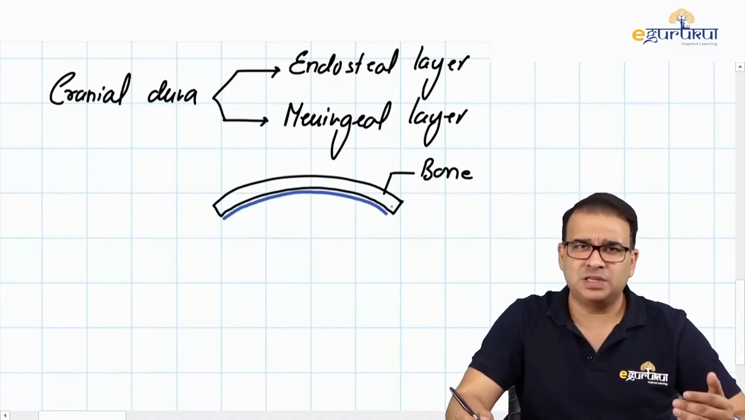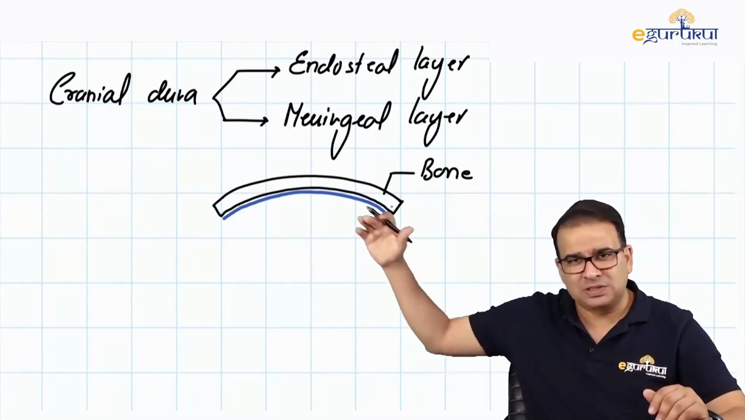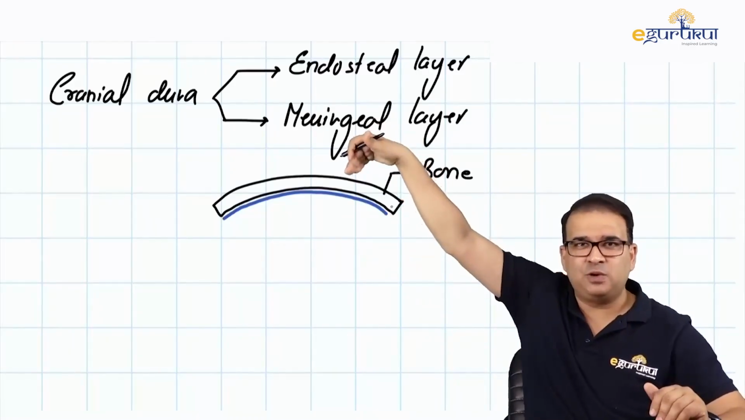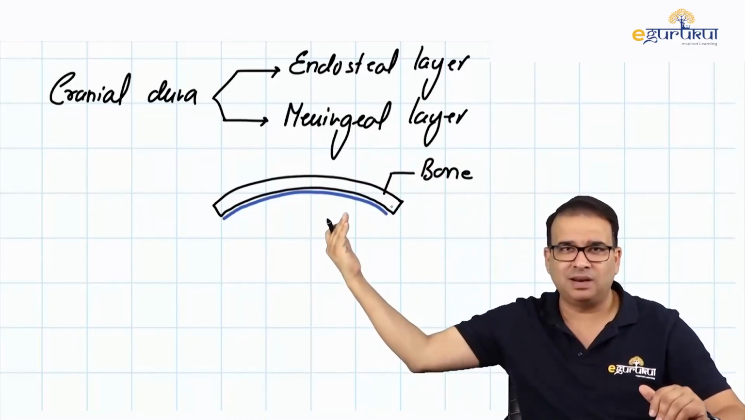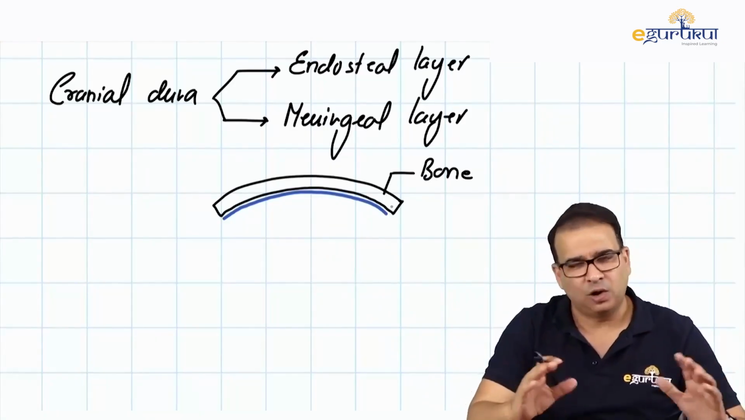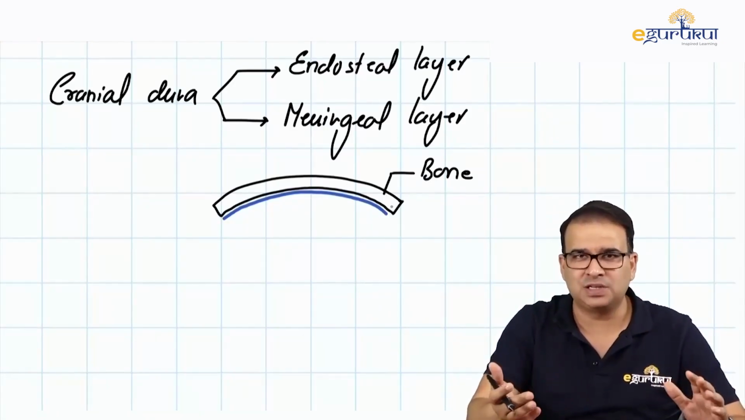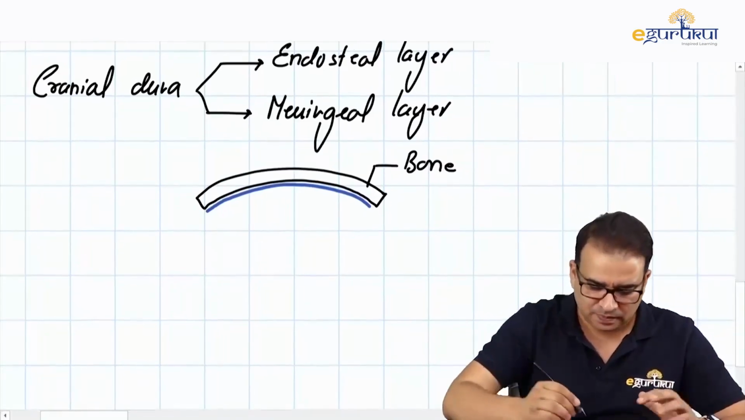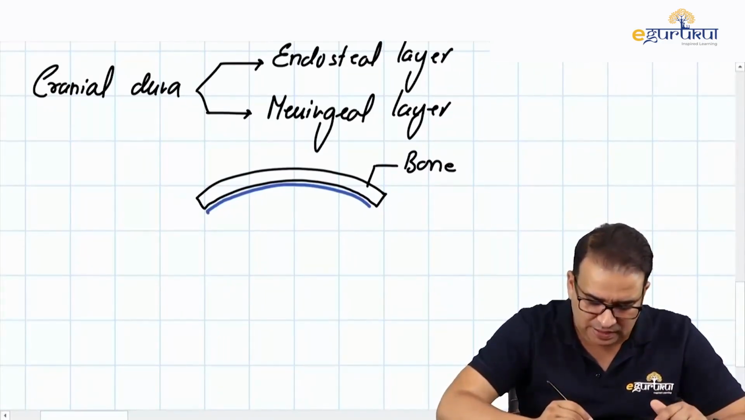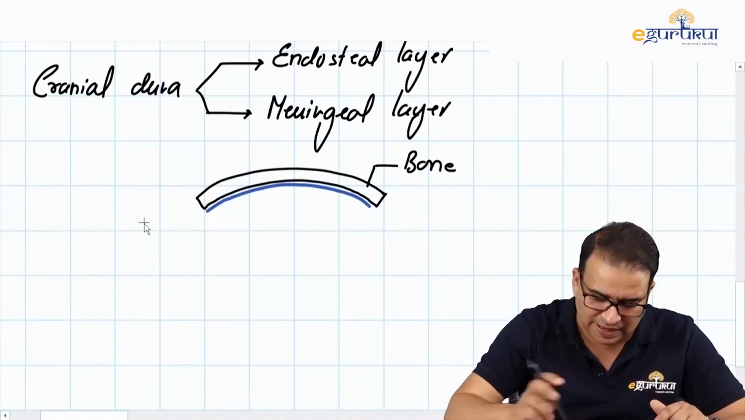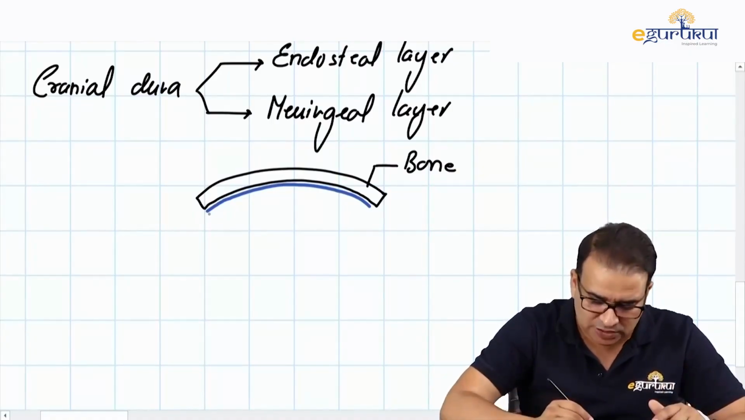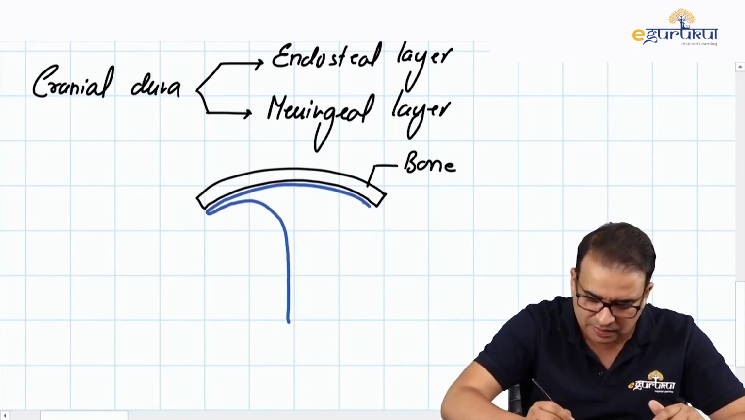We can call it the periosteal layer also, but the word periosteal makes more sense when you see it from the outside, where we have the periosteum. On the inner aspect toward the cranial cavity, the better term is endosteal, although many authors call it the periosteal layer, meaning the same thing. And then we have the meningeal layer. The meningeal layer also runs along with the endosteal layer in most places, but at some places